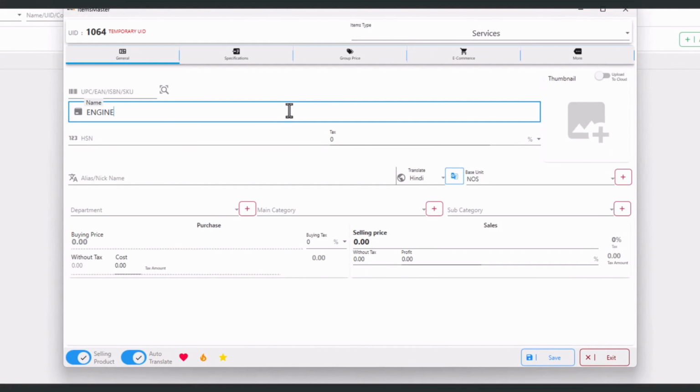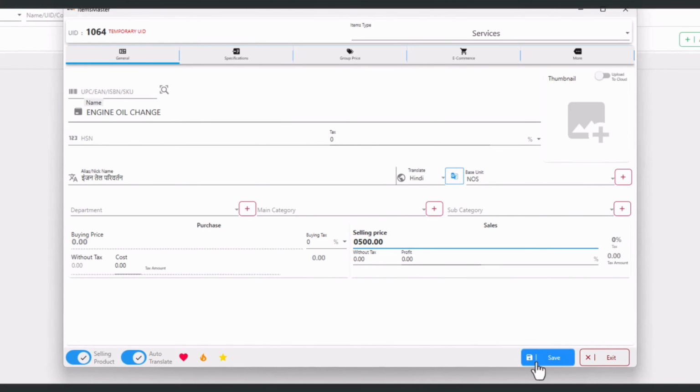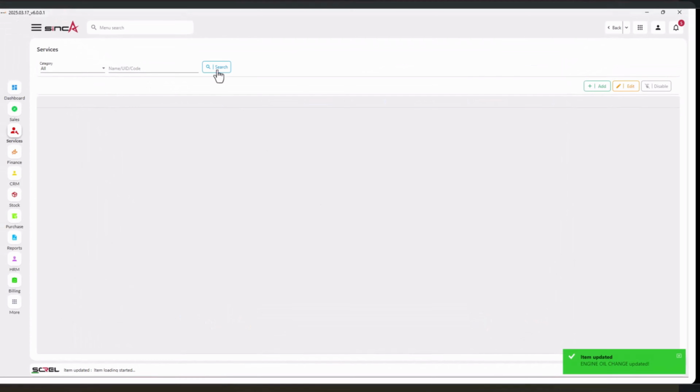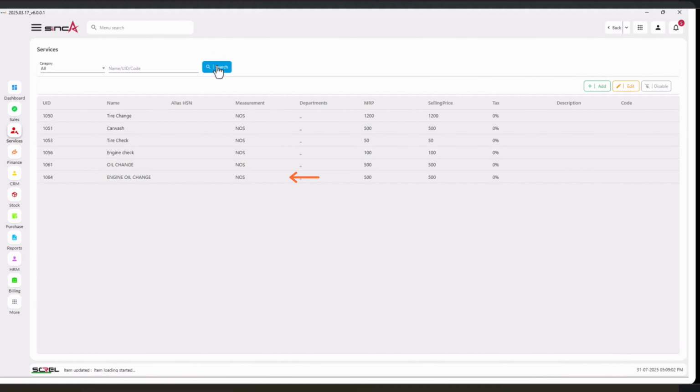Let's type Engine Oil Change as the service name. Next, let's enter 500 as the labor charge and hit Save. Click on Search, and there you go. It's added. That's how easily you can add stock and